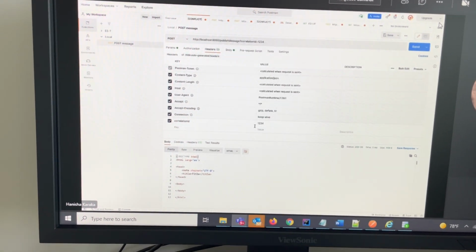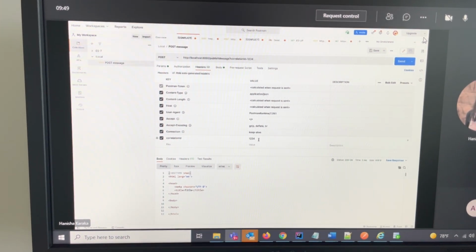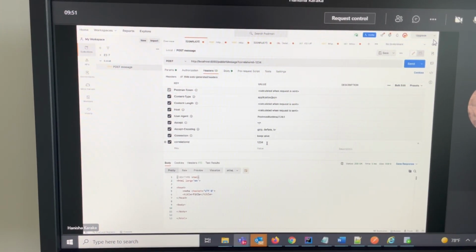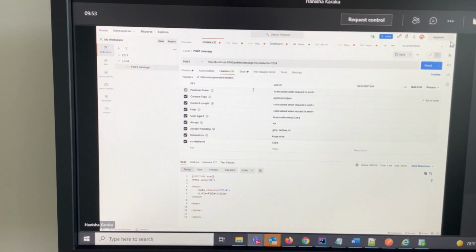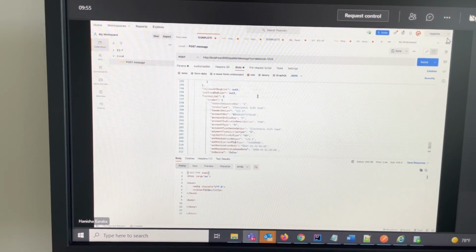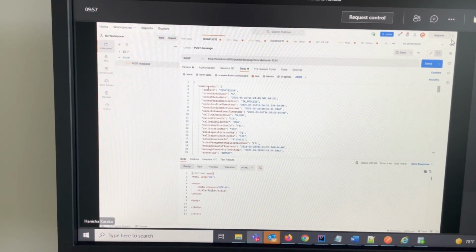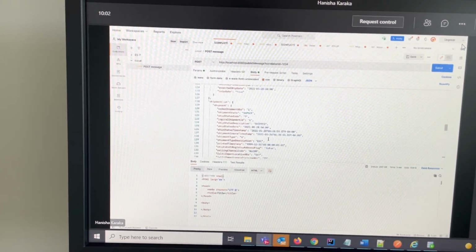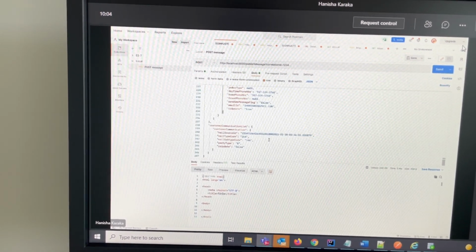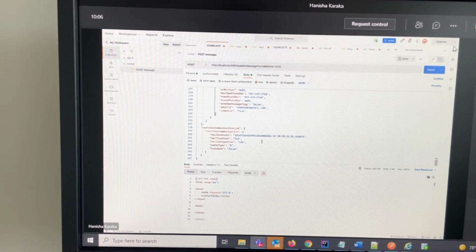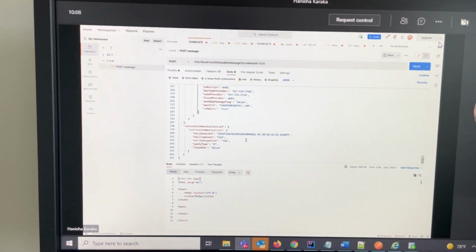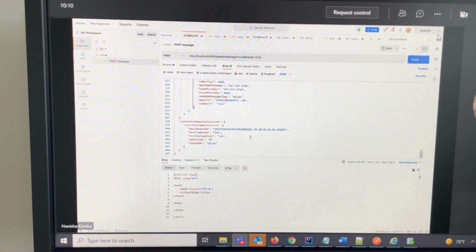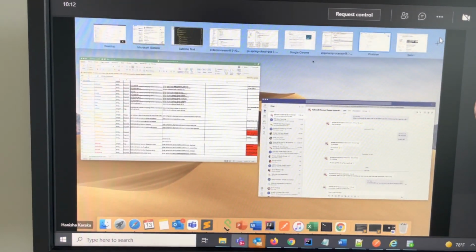The only thing is we have to add a correlation ID here in the headers. And the body will be the normal fulfillment order in JSON, yeah. That's it. I send it here, and I will receive it in my